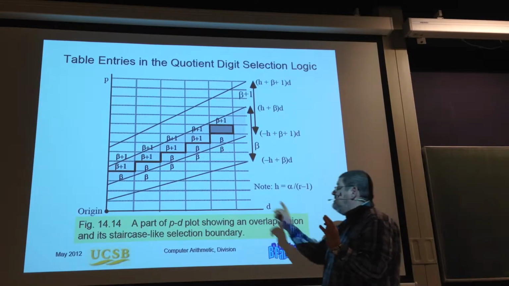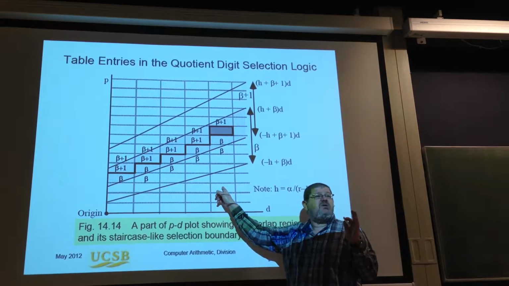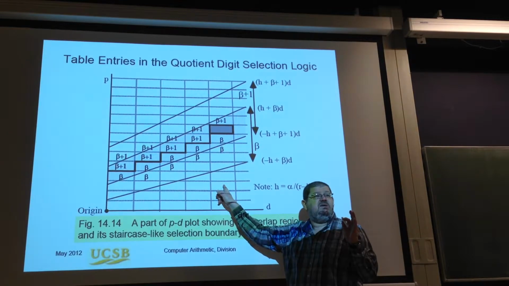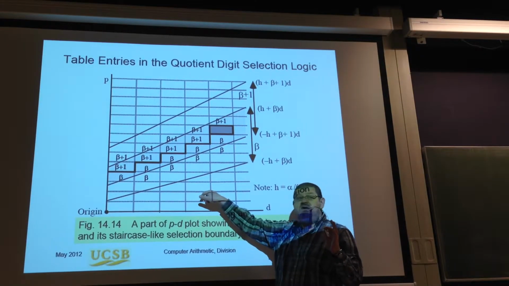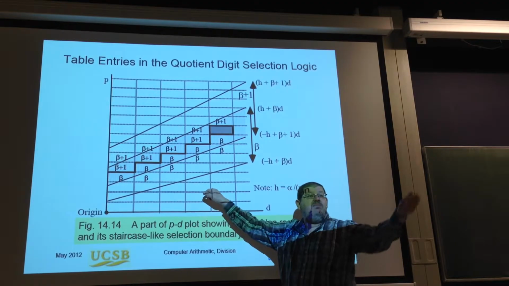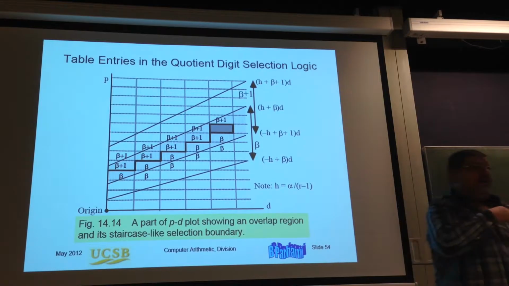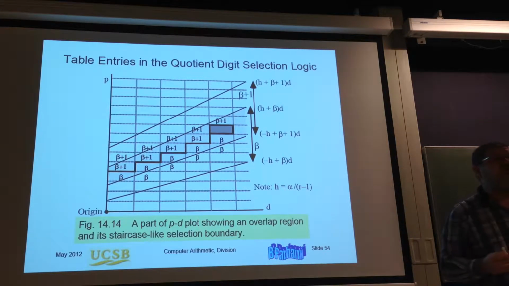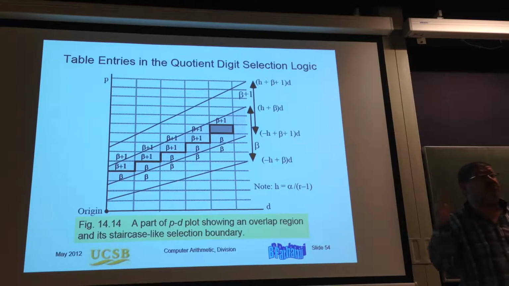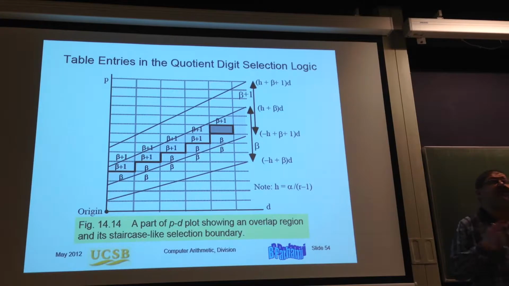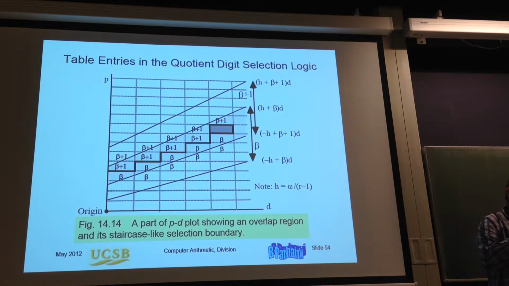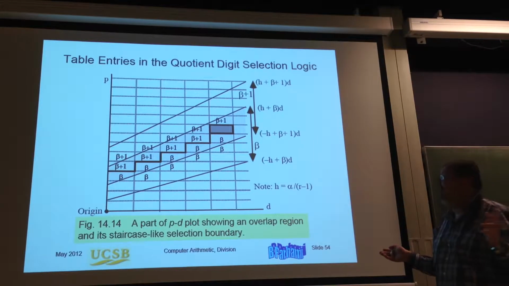Within each box in the grid, you should be able to assign a value for the quotient. Then if I am located in here, which means I am in this box, I am getting a value for the quotient. Now, there are, again, 2 things. From the point of view of the efficiency, I would like those boxes to be as large as possible. But from the other point of view, they cannot be larger. They cannot span over 3 regions. 2 regions are okay due to the overlap of choices. 3 regions will result in a non-valid